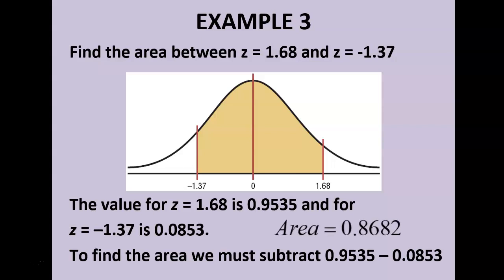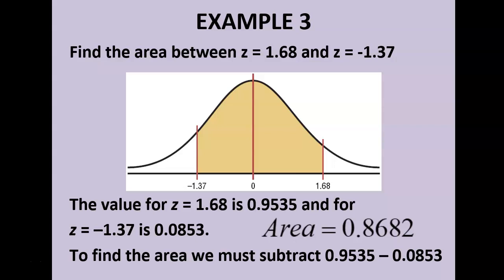Okay, so there you go, the three circumstances where we have to kind of know what's going on. Again, if it's to the left, we're going to take the value from the table. If it's to the right, we're going to take the value from the table and subtract from 1. And if it's between two values, we're going to look both of those values up in the table and subtract them from each other. So we're always getting a value from the table or doing something with a percentage from the table. We're either going to use it, we're going to subtract it from 1, or we're going to subtract